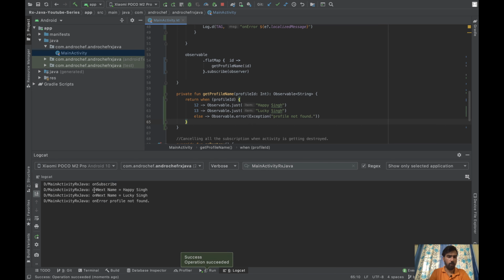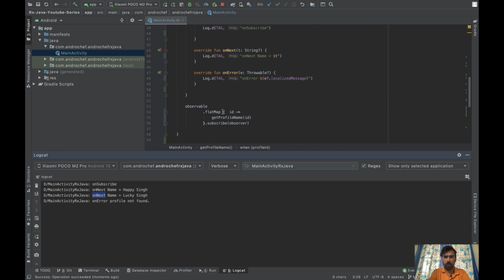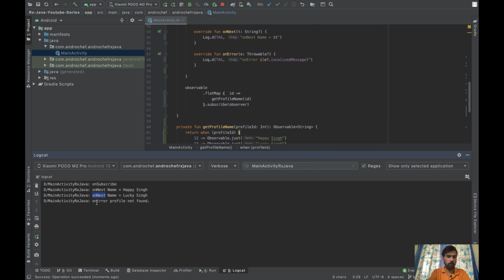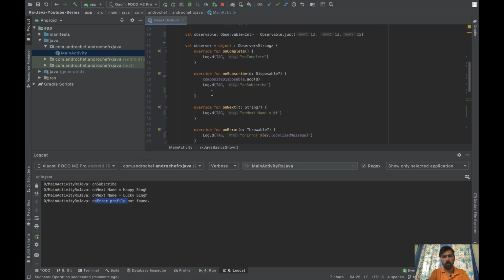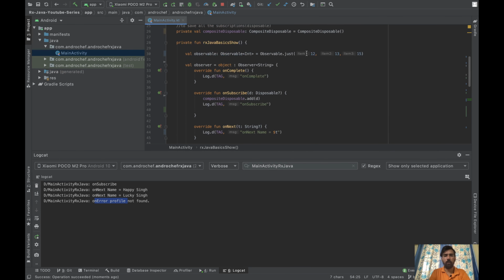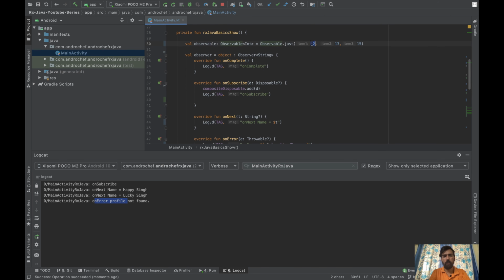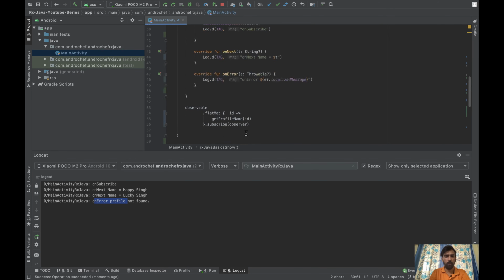As you can see, on complete is not getting called because we got one error. Two on next calls happened, and the third one is on error. So this is how flat map works. In the flat map you will have all the data, and you can convert those values into other observables.